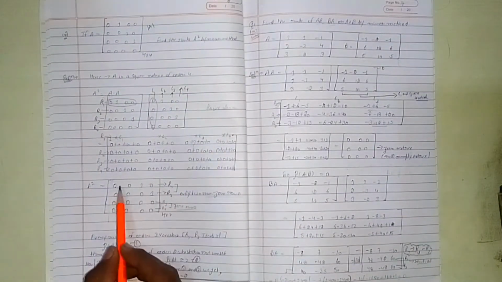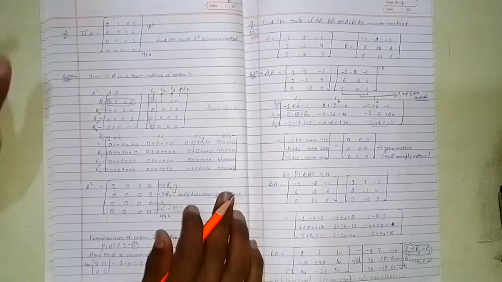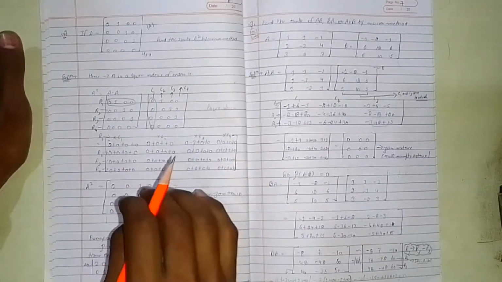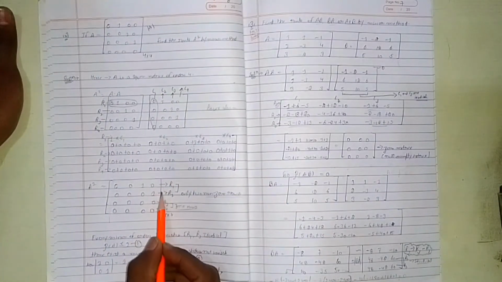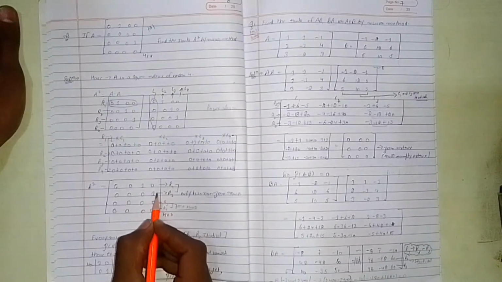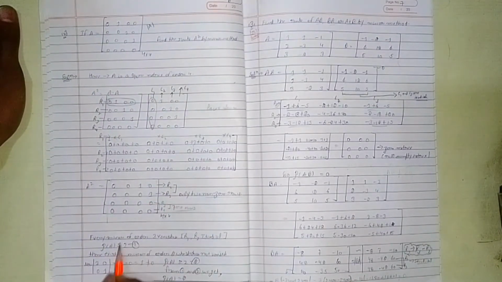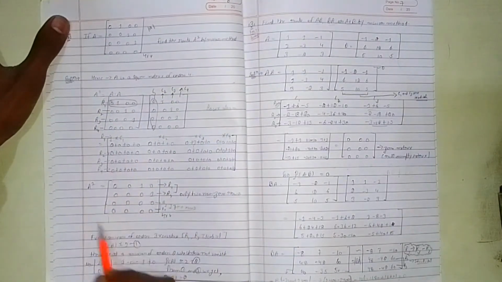Now let's start it. If I write this, here row 1 and row 2 are the two non-zero rows. This gives me a touch of the second method, which is called elementary operation: the number of non-zero rows is equal to the rank of the matrix. So here 2 is the number of non-zero rows, so my answer is 2. But I have to explain it in minor method form. So how do I write it?